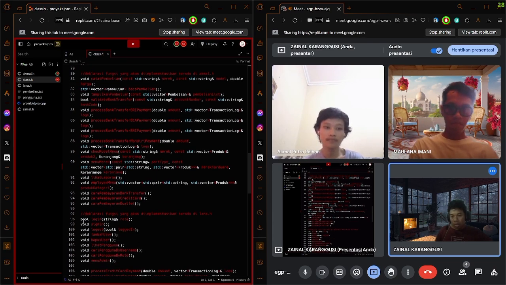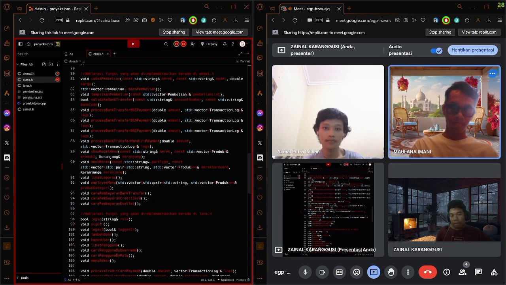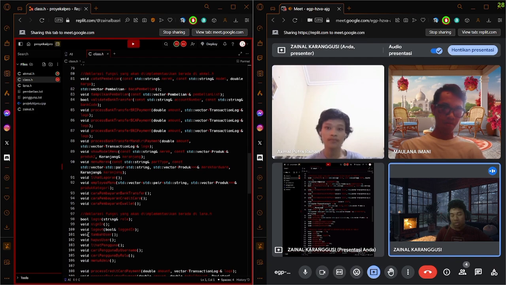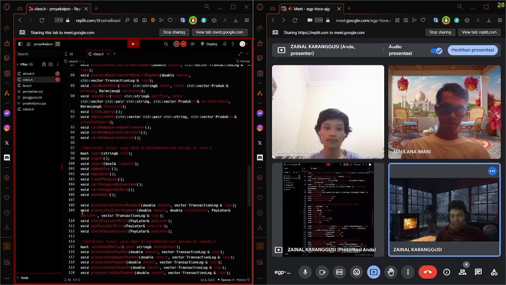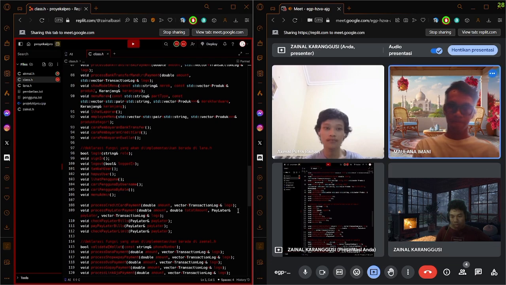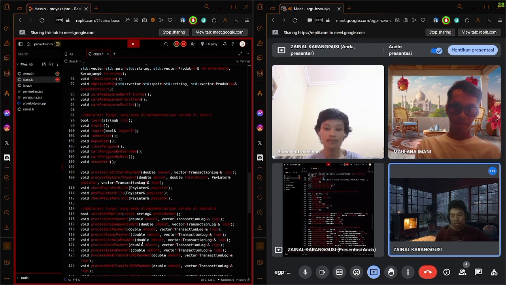And there's full login, a function declared in lana.h, and void process card payment to display the process of the card payment.